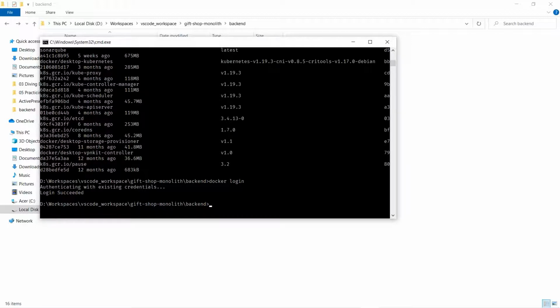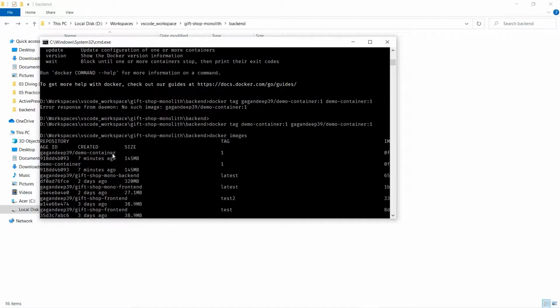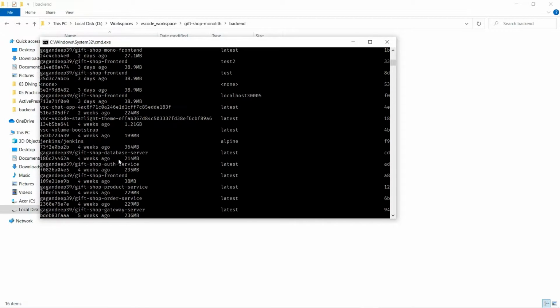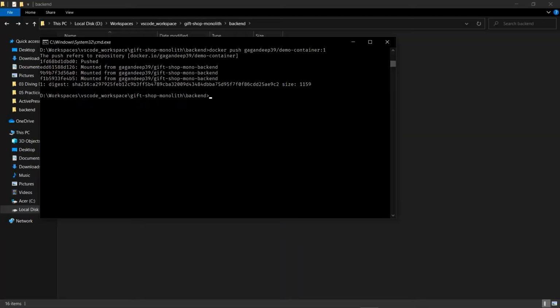Now we will publish this image in Docker Hub. The command for that is docker push, the name of your image. I will just copy it from here. Don't forget to give the tag also, that is :1. Enter. This step will take few minutes to complete. Once this step is complete, your Docker image has been successfully pushed to Docker Hub. We can cross-verify this by visiting Docker Hub in our browser.